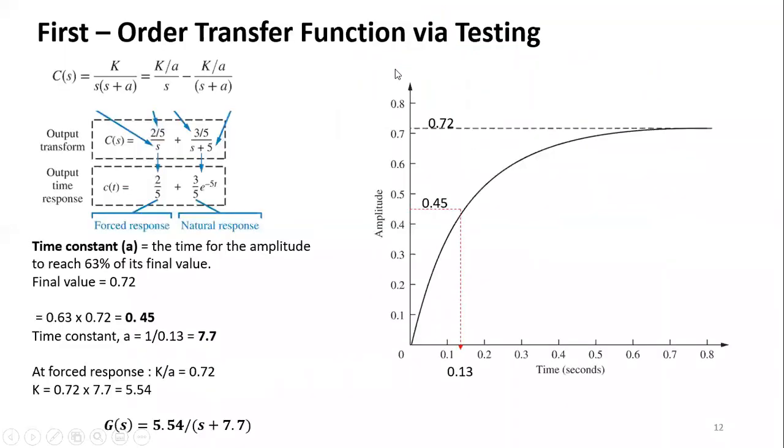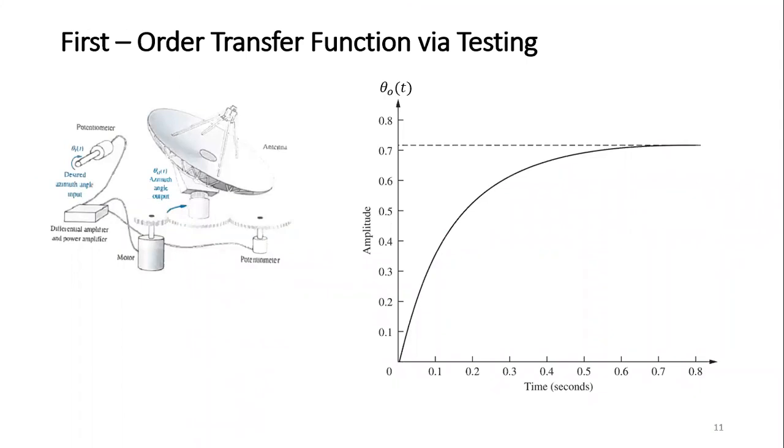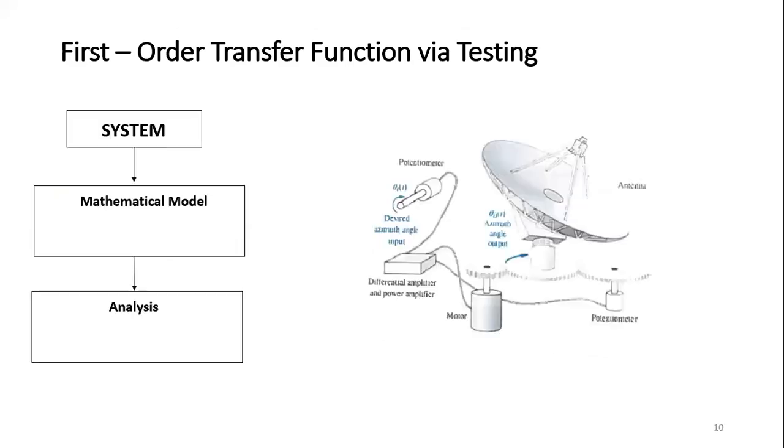Okay, so the last part for today's lecture is how we should be able to work backward, which is if you are given a system, for example, an antenna azimuth. You know that this is the input, the desired input that we set, and this is the output that moves the antenna. So this output response of the antenna,